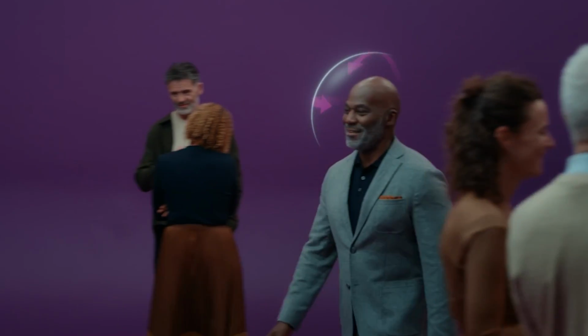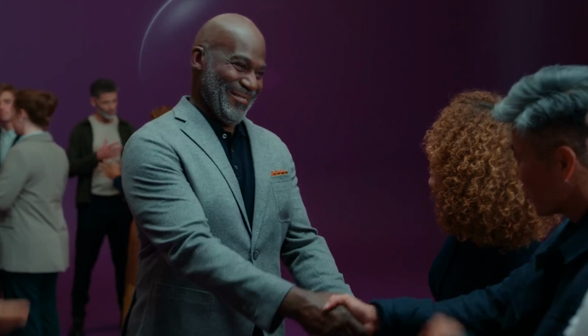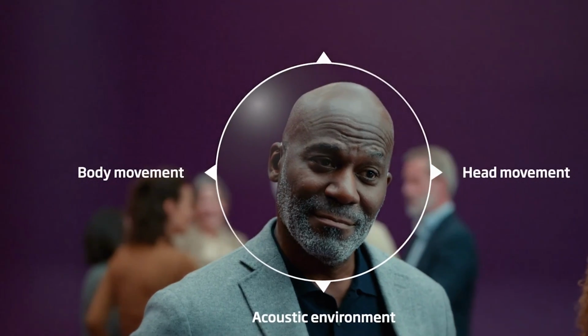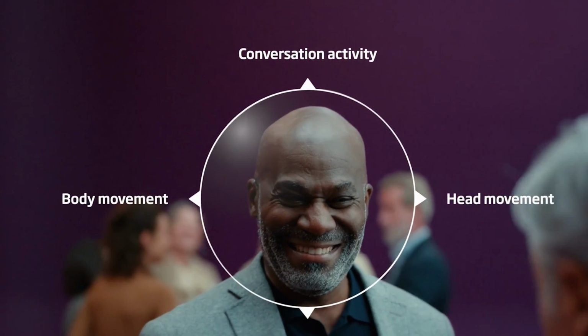Oticon are claiming that by monitoring both conversational activity, your head and your body movement, plus the environment around you, these hearing aids are the first in the world to recognize when your needs change and adapt the settings accordingly, improving speech comprehension by 15% when this feature is enabled. 15%. So imagine being in a restaurant, which is exactly where Oticon state that this 4D sensor technology would shine,